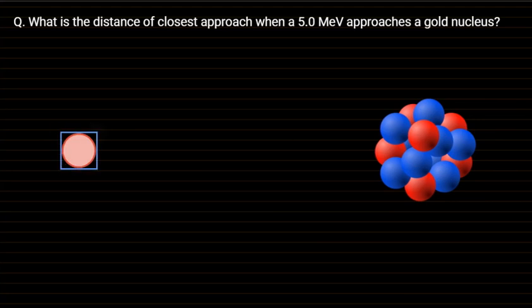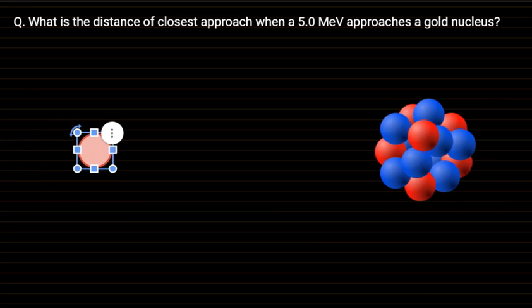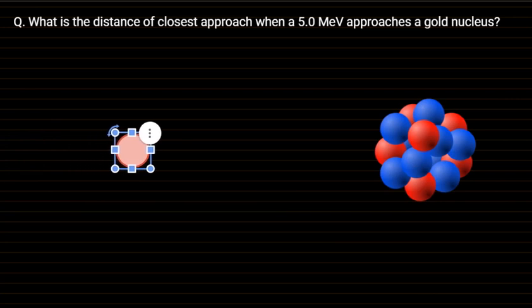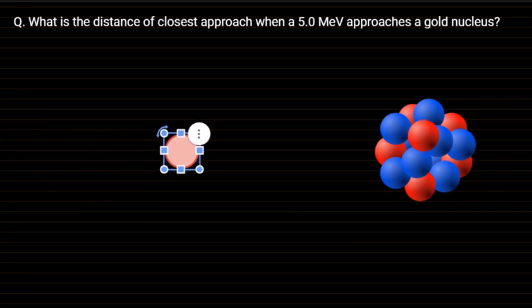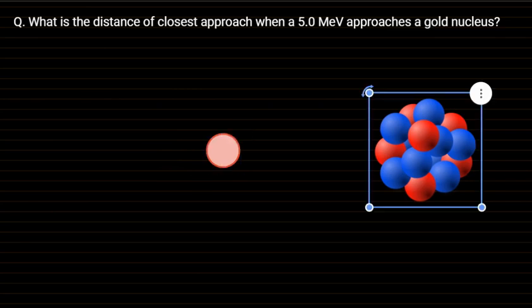Now let us consider a positively charged particle. Fine. Now let us suppose we shoot this positively charged particle towards the nucleus. Now as the positively charged particle approaches the nucleus, what will happen? As it comes closer and closer, right? Now look, this charged particle is positive, this nucleus is also positive. If there are two charged particles which are positive, what will happen? They will start to repel each other, right?